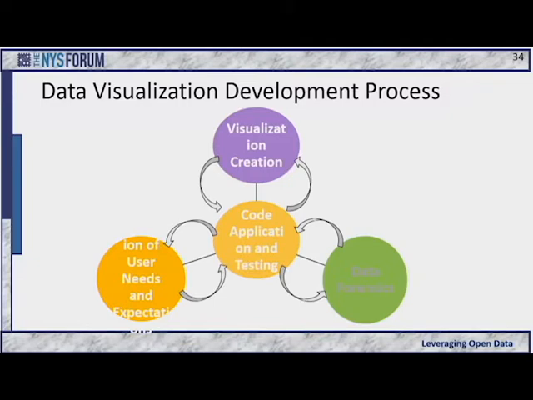That leads into the code, whatever code we decide to develop, and do the application and testing, seeing if it's meeting what the users want, and also leveraging the data to its greatest extent. And at the end, you come up with the visualization, which is the final product. However, as you can see,